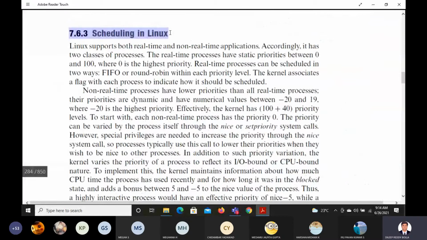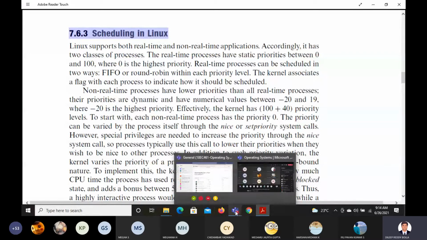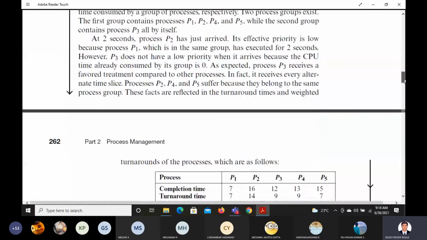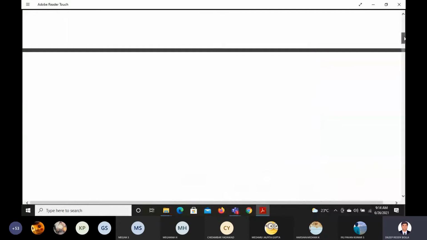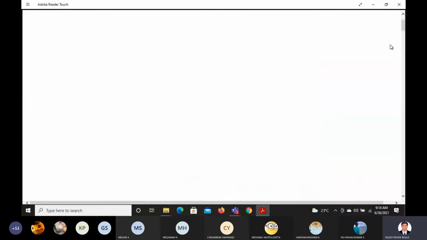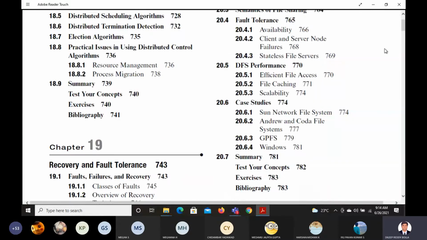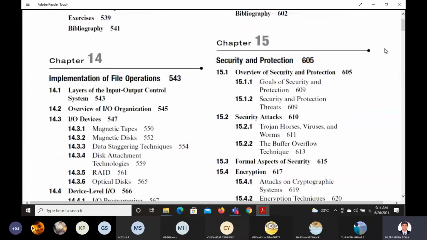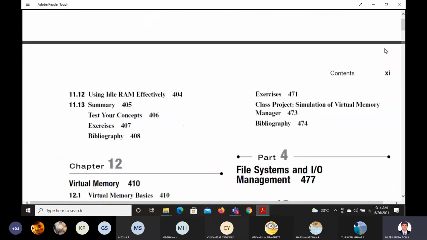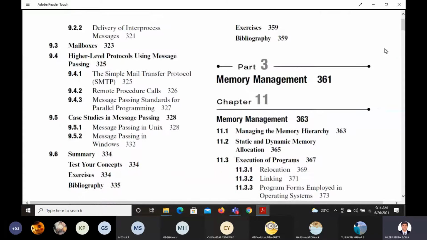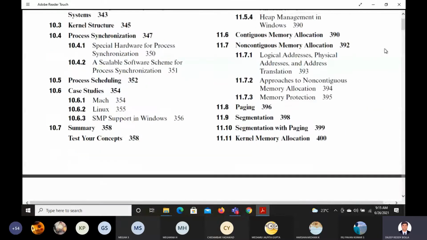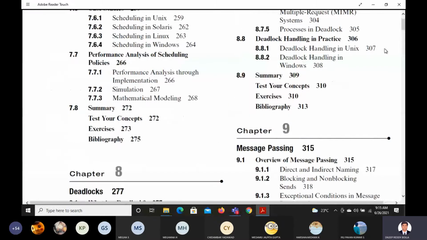Okay, so I hope you all have the numbers with you. So it's 5th chapter and 7th chapter. Directly you can find out from here. Directly you can go here, 5th and 7th chapter. I will show you the index. See here, from this index you can note down for second module. If you don't have the numbers, I'll tell you the numbers. So second module, you go to 5th chapter.